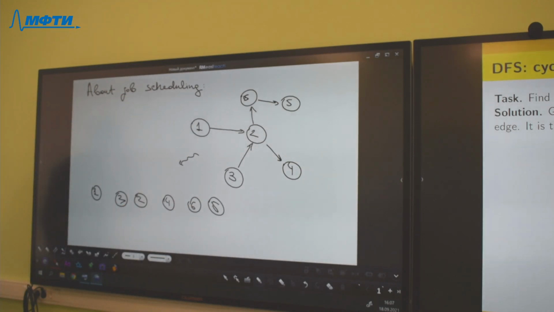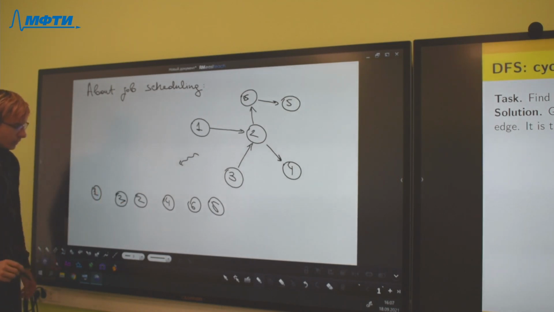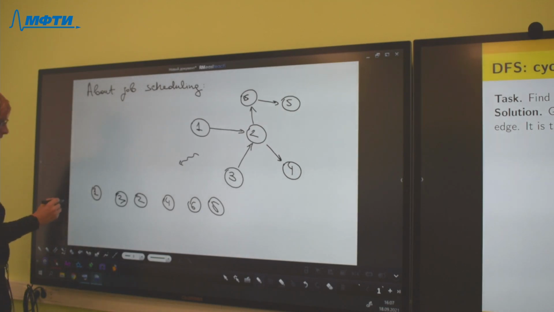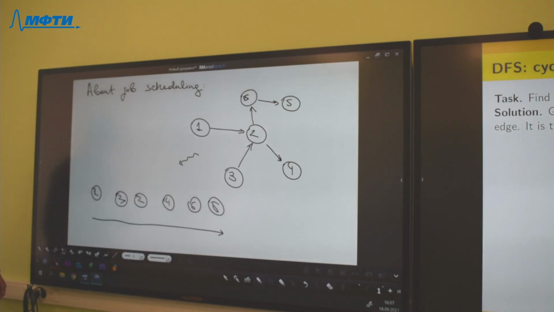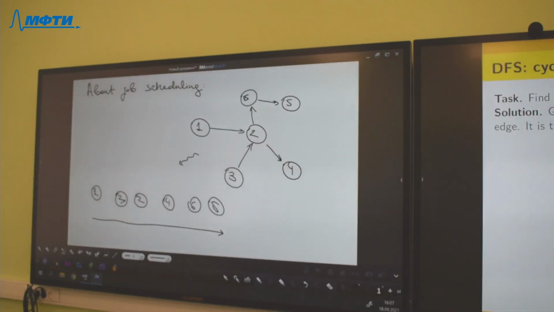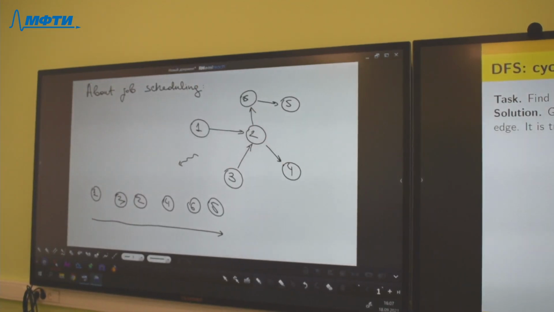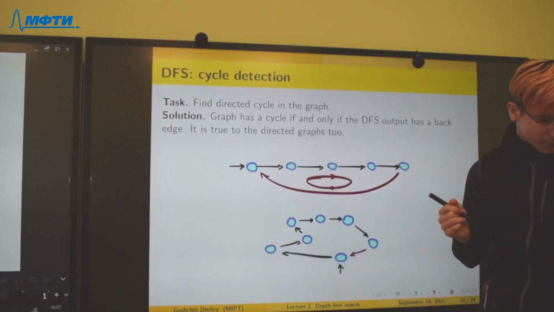In this order, because if we do task A and task 3, we can do task 2. Yep. And we can, for example, do the tasks in this order. This is about job scheduling. Is it understandable? And for you too? Yeah. Nice. And I'll go to the slides.